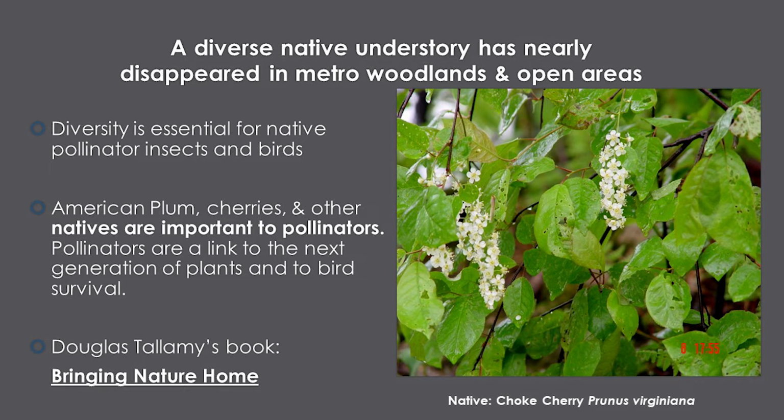So we've got elderberries and American plums blooming first thing in the spring, and then there's this continuum that's constantly blooming throughout the rest of the season, which is really good for not only the birds but the pollinators. And then there's that whole food web that we used to call the food chain many years ago, but they're all interconnected. And so what we need is that diversity that is being lost.